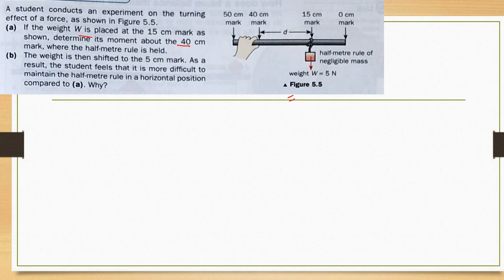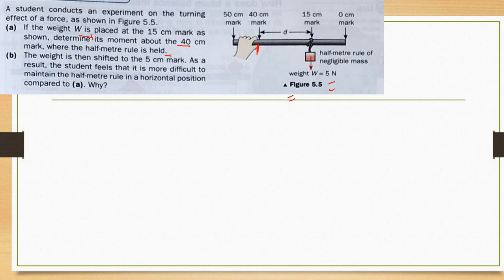Okay, where is the half meter rule held here? So this is the half meter rule. Half meter rule means 50 centimeter. Now here you have to figure out which is the pivot point, meaning at which point it is moving. So they are saying that if the weight W is placed here, at the 15 centimeter mark, determine the moment about the 40 centimeter